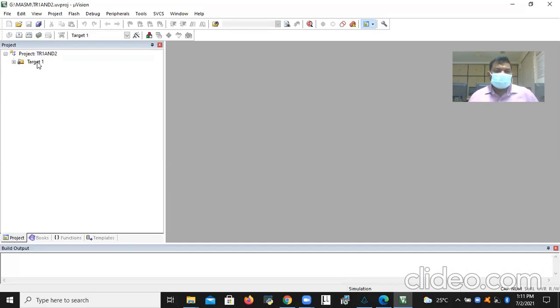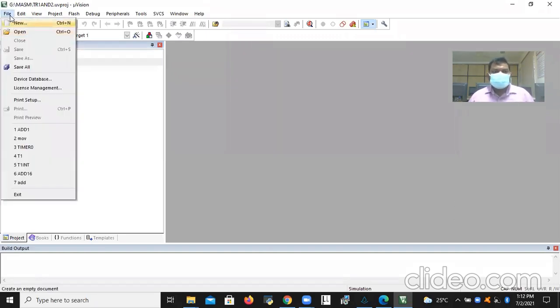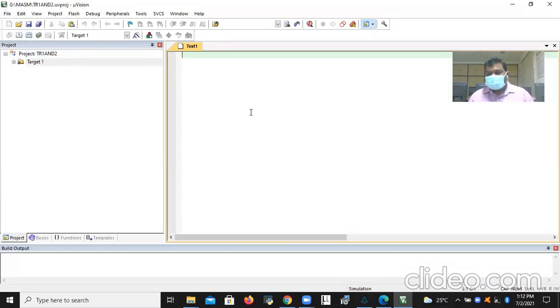Now your target is created, right? So this will appear like this. If you open this, startup A51 will appear like this. So anyway, you keep it like this, target one, and go to the file, new file. Project is over. First step, you need to create the microvision project. In that project, device 89C51, 89S52. I'm going to upload the same video in the code now, and you can access it if you forget any step.